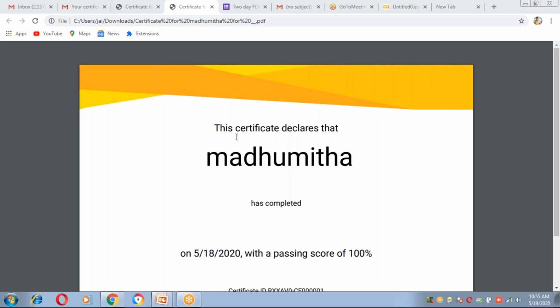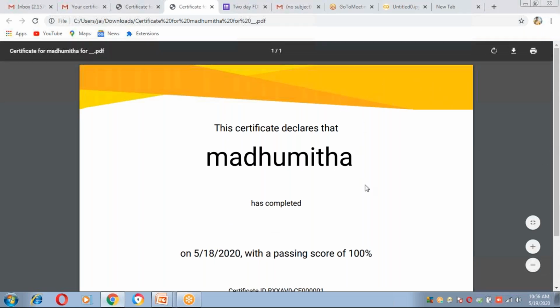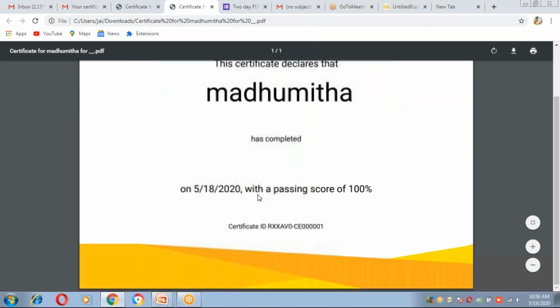See, just now we have done Certify'em. This certificate declares that the name has completed some program name here. But actually this should not be treated as authenticated, since there is no logo and no authorized person's signature.